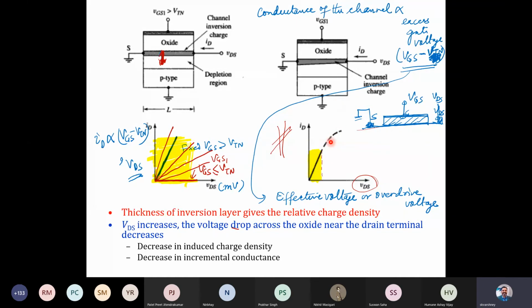It is because the thickness of the channel's inversion layer is not uniform from source to drain; tapering starts.